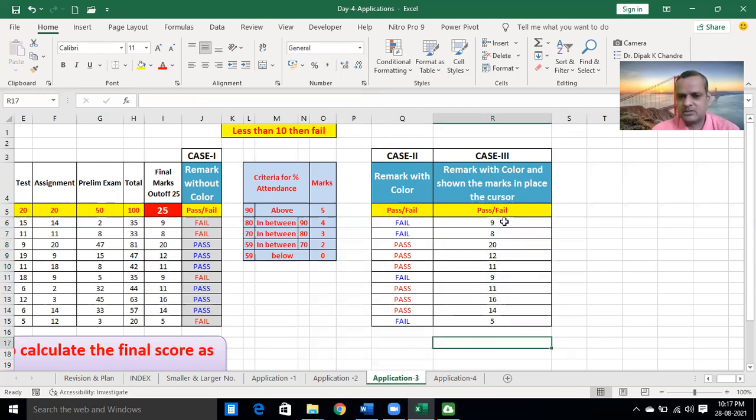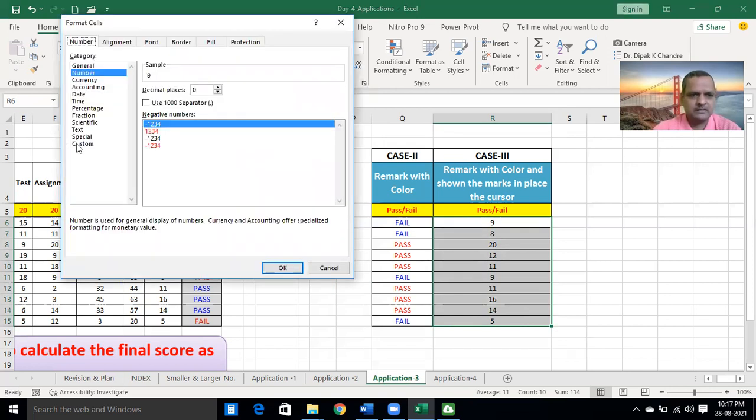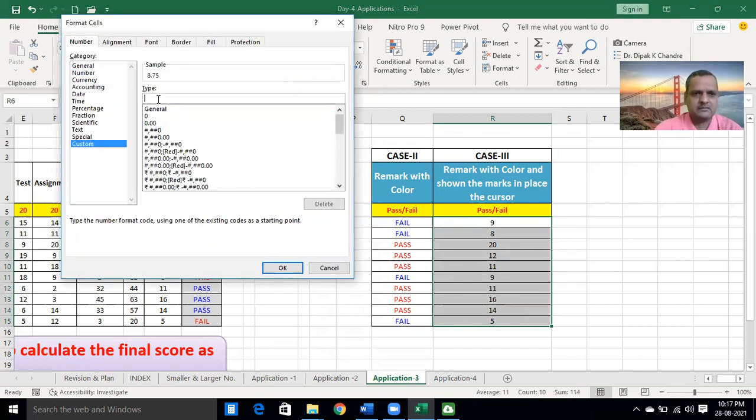But instead of marks, you need to show pass and fail. Just select custom formatting. Again, type here, in brackets, greater than or equal to 10 means pass.